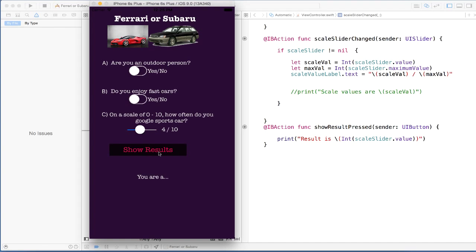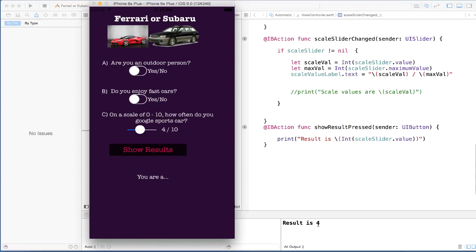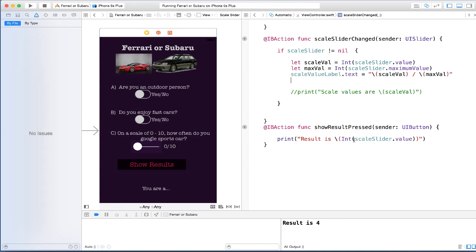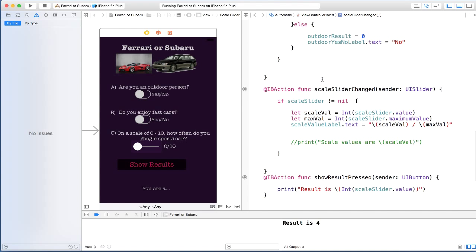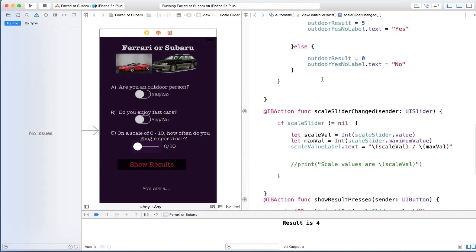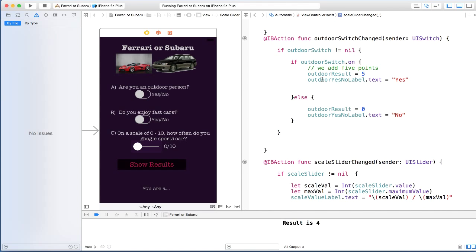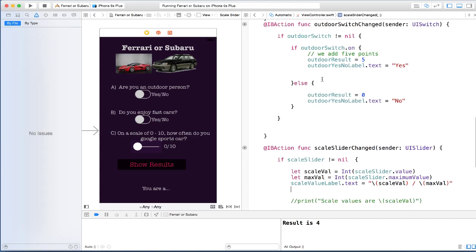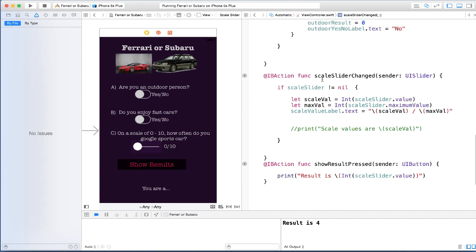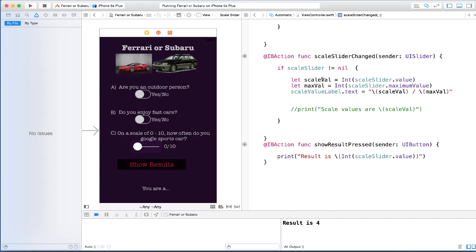We stop here. Let's go ahead and say result. It should say result is 4 because that's what we are displaying here. So we did a lot of things here in this video. We're getting really close to finishing up our application, but I want you to go back and start studying or looking back at what we did here, because I know it may be a little bit overwhelming. Just don't worry too much. Just go back and read this code and type it yourself and everything. In the next video, we'll continue working on this application. So we're getting close, and I'll see you in a bit.